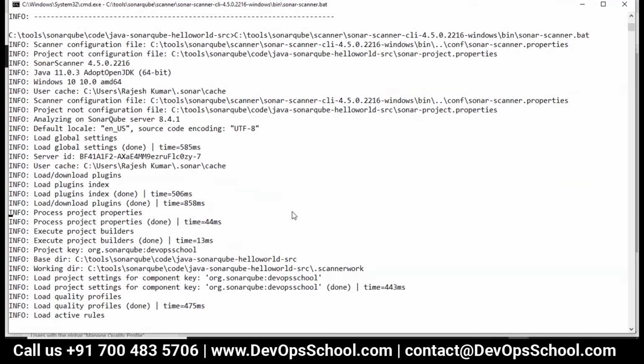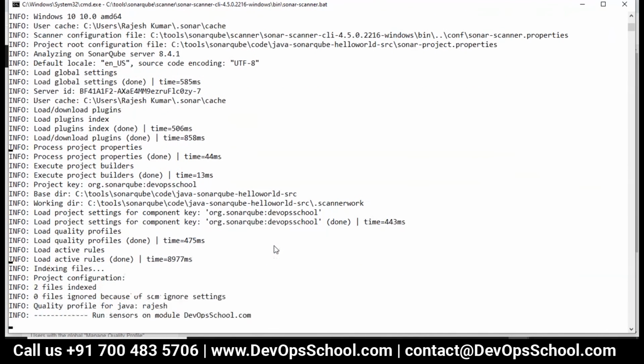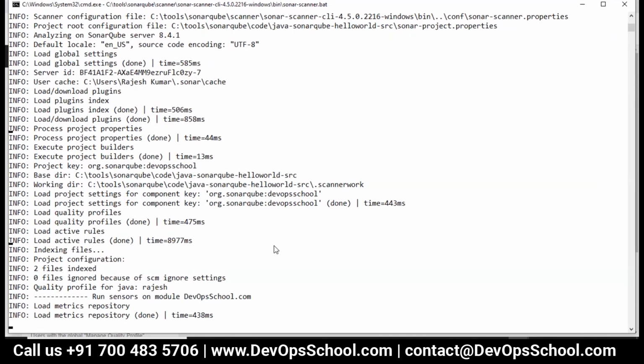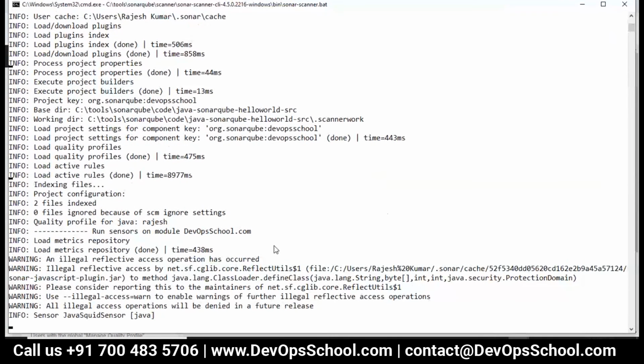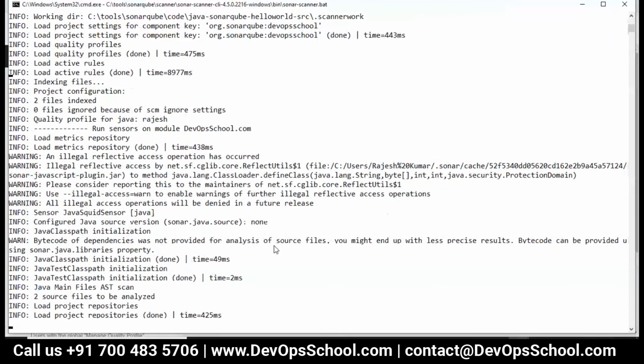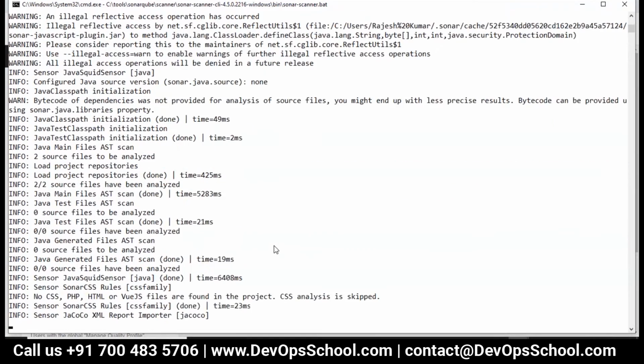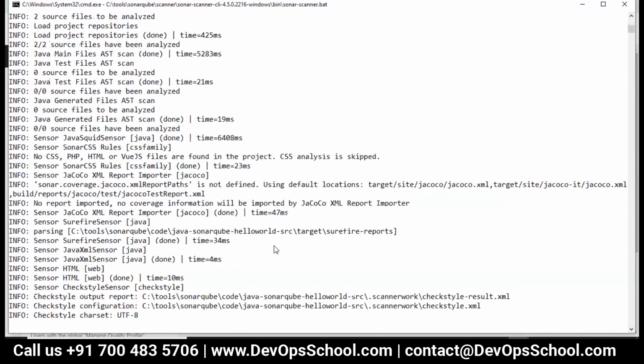The key should be unique, so I think I'm going to change the project name also. It's just two source code files, so it won't take much time. It's good for the demo and learning the functionality, but in real code, it might take hours and hours for the analysis. Okay. So now almost done.